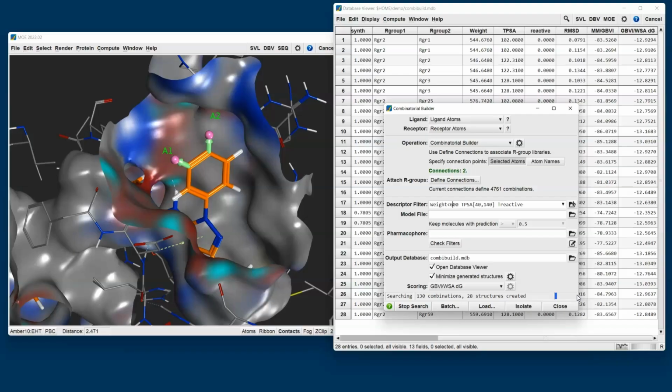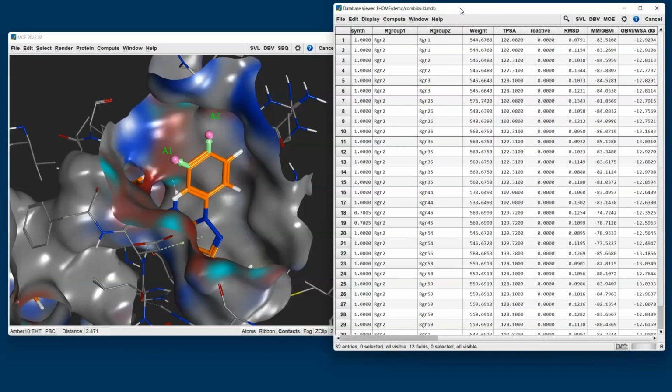So you can see you can generate quite large libraries using this technique. For that, perhaps if we're really generating large libraries, we might want to consider using the batch operation, which allows us to take the input parameters that we've defined here and write that in a format that is friendly for high performance computing, so we can send it directly to a queue or a cluster. But in this case, I'm just going to stop the search prematurely so that we can have a look at